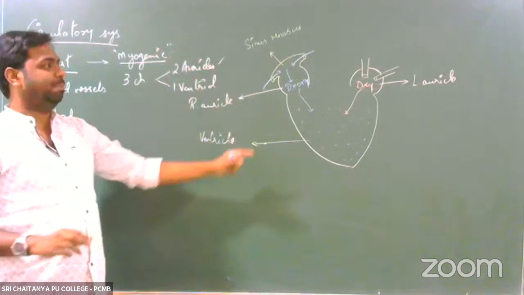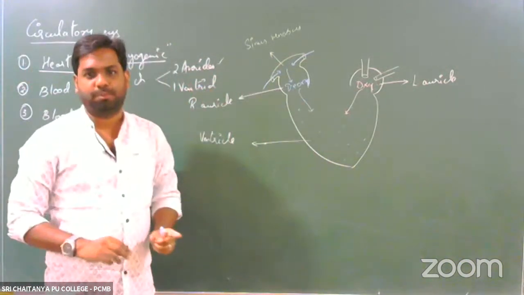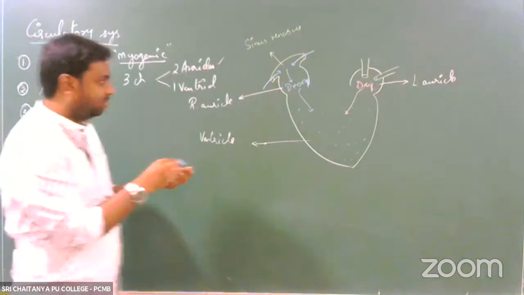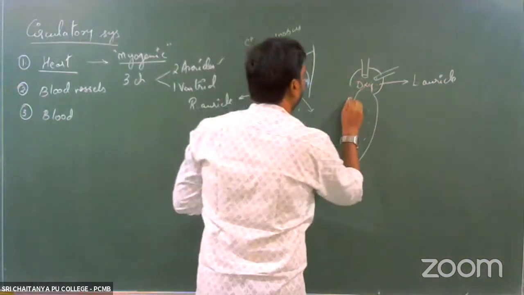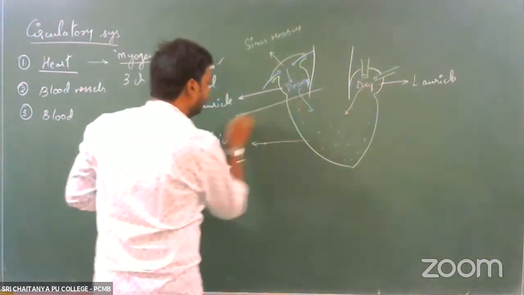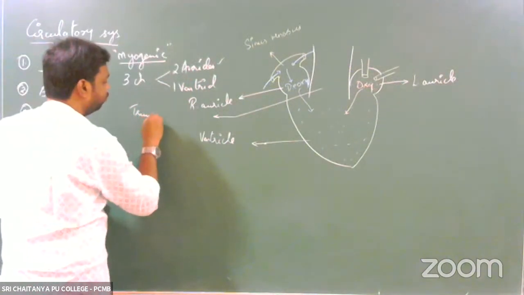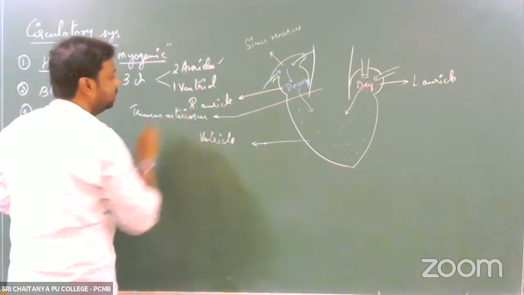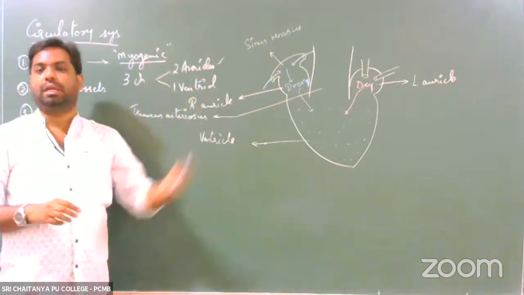Now this mixed blood will be passed on to two different parts of the body. How exactly it is passed is, there is one large vessel which arises from here, right? And this large vessel we will name the truncus arteriosus. Truncus arteriosus. Now, this is also considered to be an additional, accessory chamber, which is seen in case of